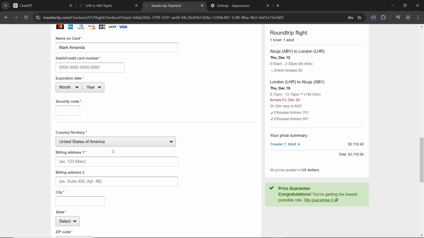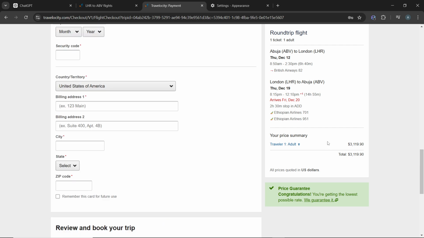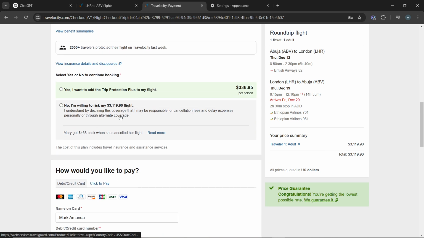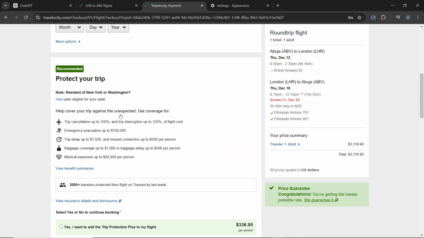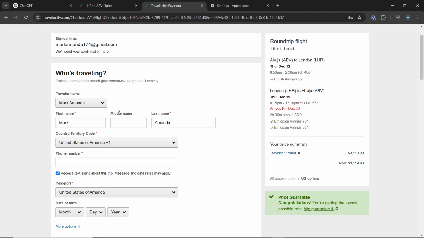And if you scroll down, you have all of these options, and nothing is looking like Affirm here to pay. Nothing is looking like Affirm. All right, so